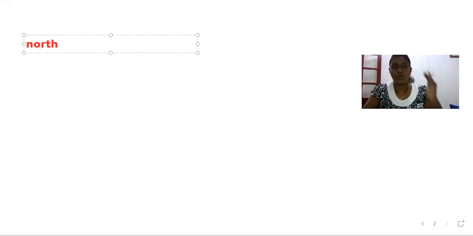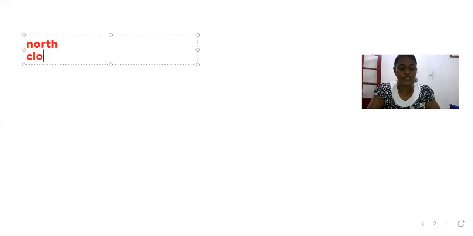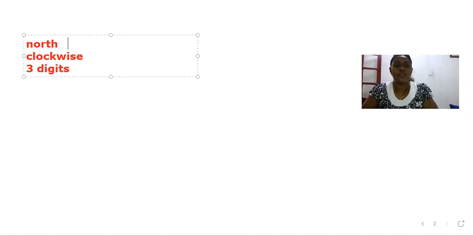Okay. Right. Then, first of all, you want to know if it is a bearing, we have to start to measure from north, right? Always, if it is a bearing, we start to measure it from north. Other one is always we do those measurements clockwise, right? Consider the clockwise direction when we measure them. And the third is we write the bearing with 3 digits. These are essential to remember when you are learning about